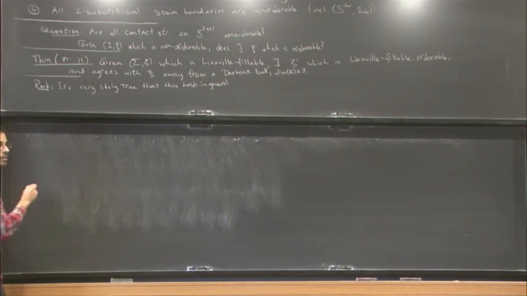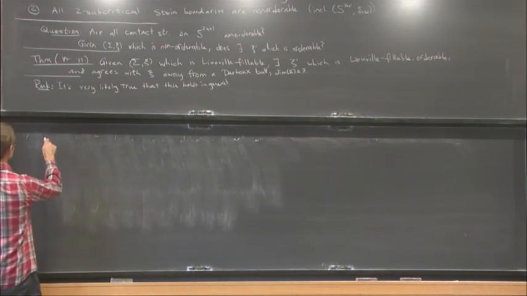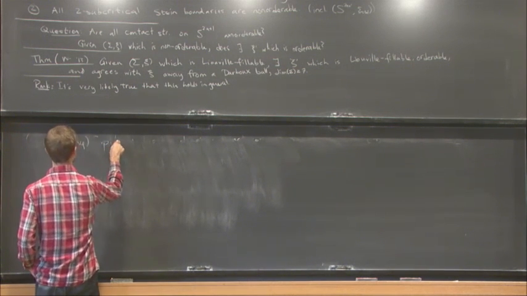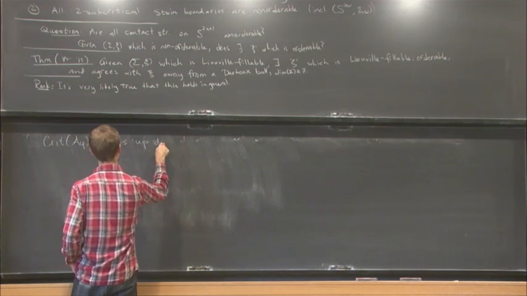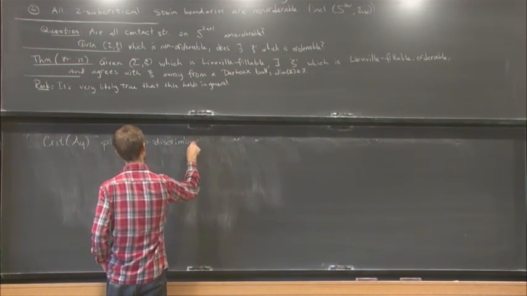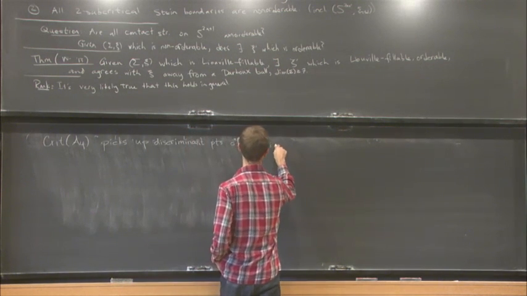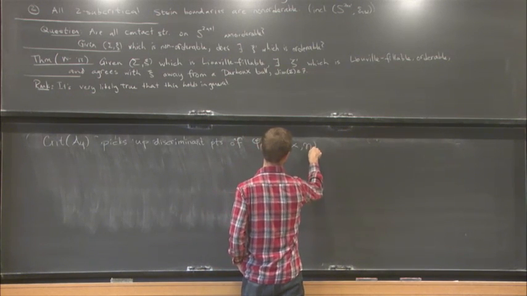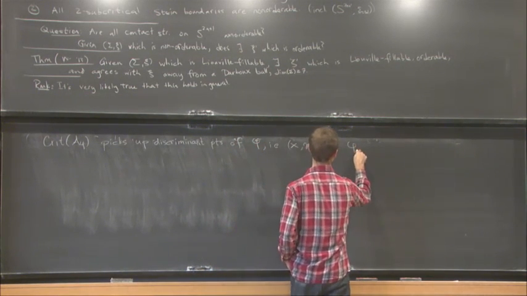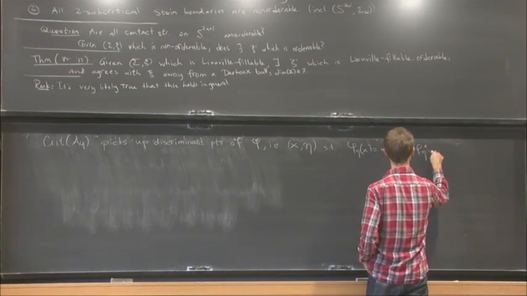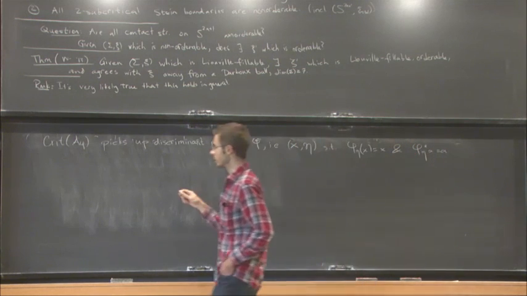Oh, sorry. Yeah. So the critical set of a sub phi picks up discriminant points, i.e., x and eta such that phi sub eta of x is equal to x, and phi eta star of alpha is equal to alpha. And this